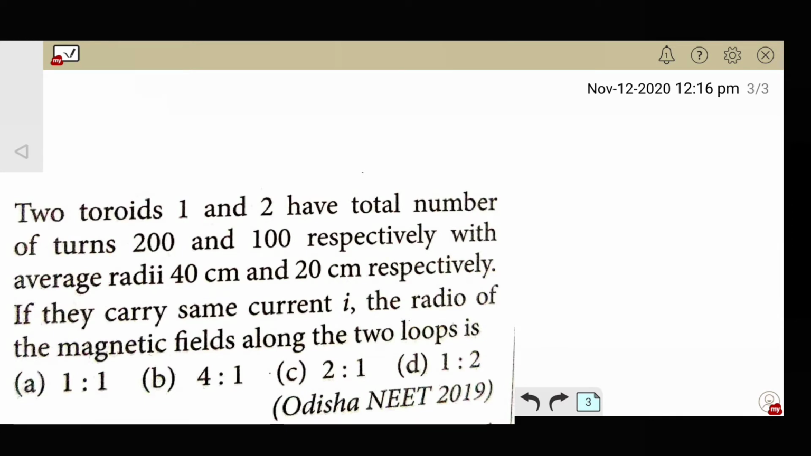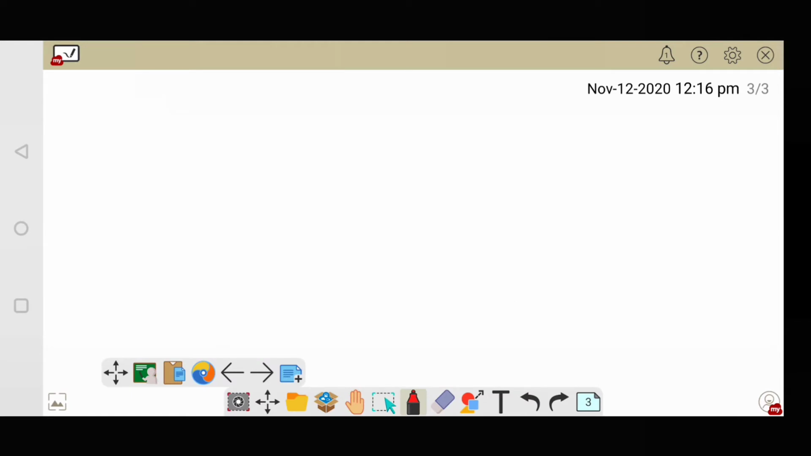Now in question number 3, we have two toroids, 1 and 2, with total number of turns 200 and 100. Average radii are given as 40 centimeter and 20 centimeter. If they carry the same current, what is the ratio of the magnetic field along the two loops, that is, inside the toroids? So now we know that inside a toroid,